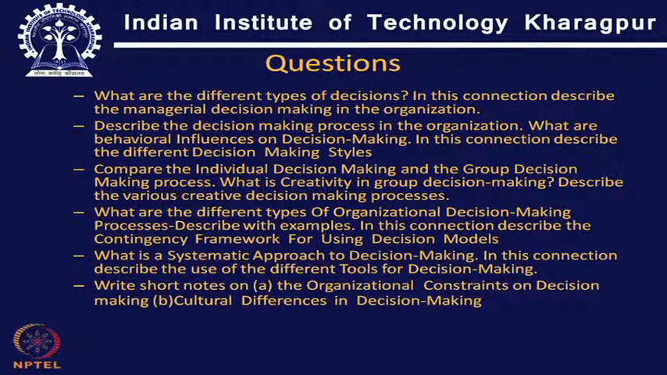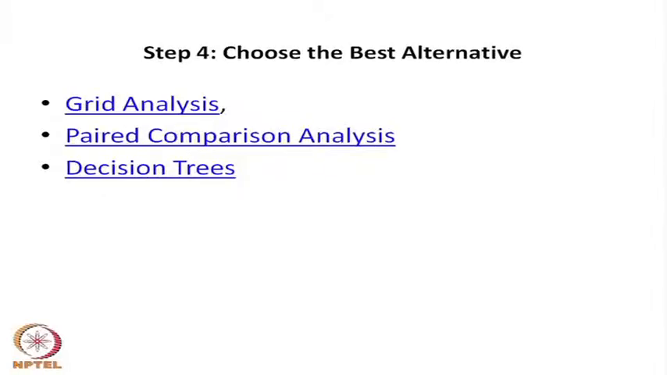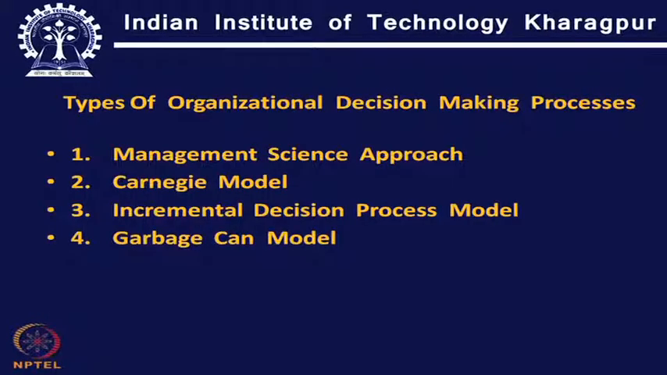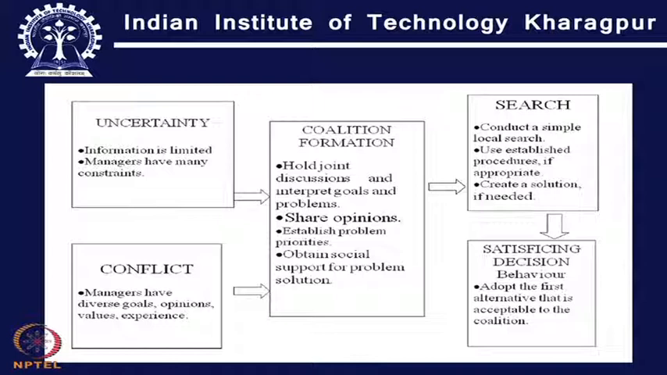So, before we arrive at the question, maybe we will just try to visit once again this model, which is generally very important when we are talking of group organizational decision processes, like how to deal with uncertainty, how to deal with the conflict, and how to arrive, which is more important, at satisfying decisions, because